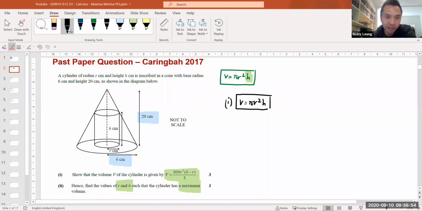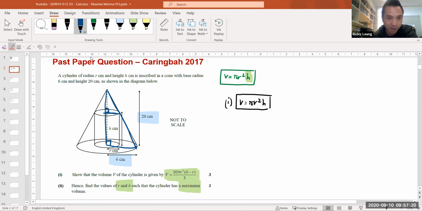Now, in this diagram, the best way for you to see the relationship is using similar triangles. So I wonder if it's obvious to some of you where there's a triangle there. Can you see the two right angle triangles at play, right? Assuming these two are right angles. So two triangles at play where these two are two right angles,